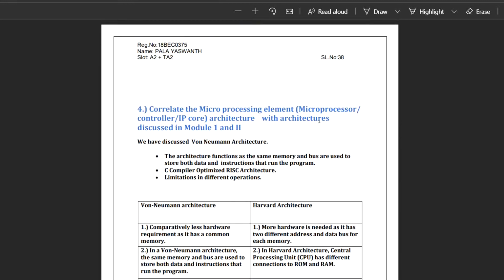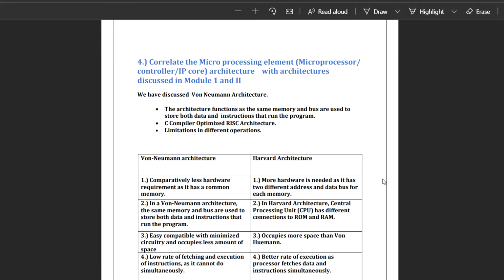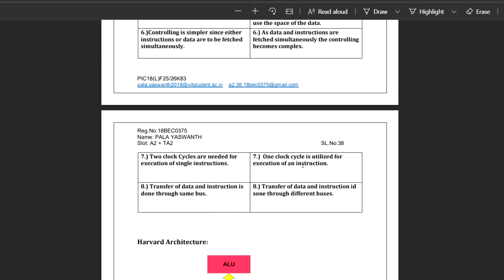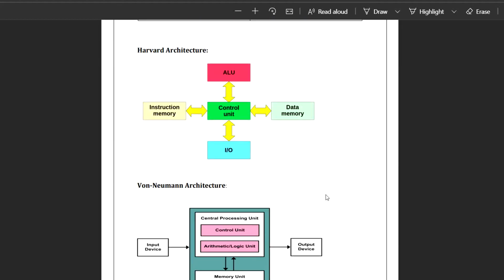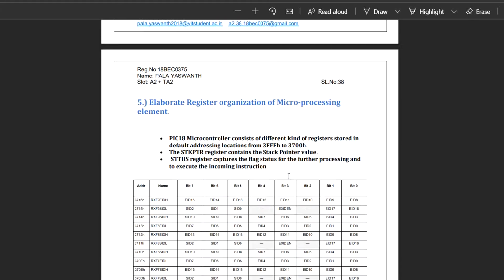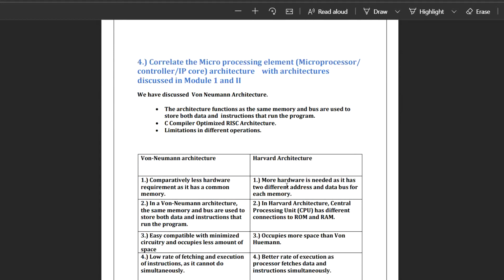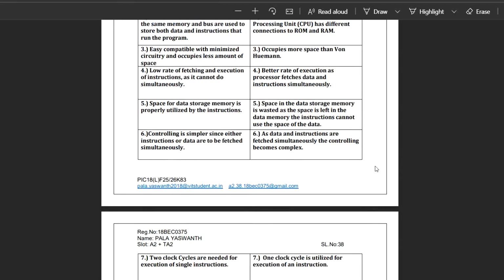We compared the microprocessor elements which depend upon the architecture and which do not, and the key differences between the two available architectures, Von Neumann and Harvard. This was clearly discussed, and the basic diagrams were given here. Some of the data I gathered from other sites and articles, and some of the data about the components that depend on the Harvard architecture I picked from the data sheet, which you can see later.